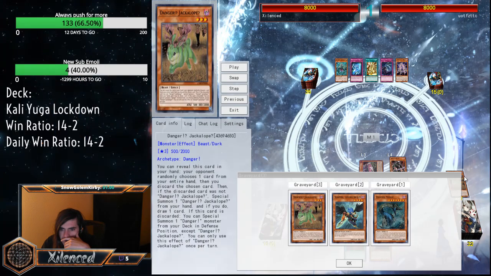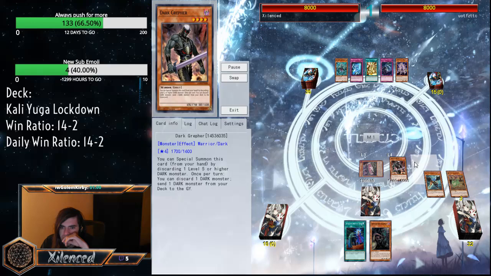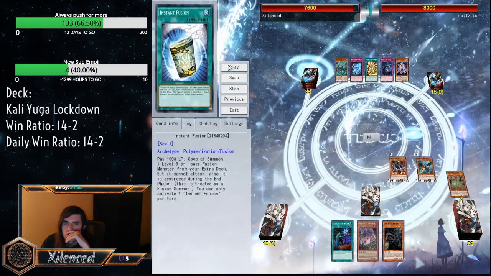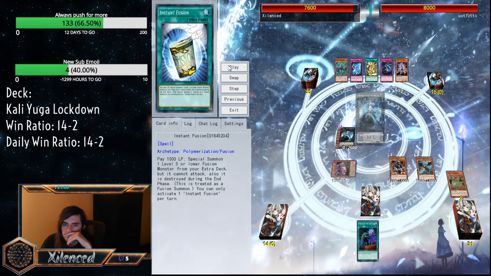we can pitch the Blackwing Zephyros the Elite. Go ahead and add Danger Monster back to our hand, the one we summoned with Sukanenko. Probably said that wrong, but...